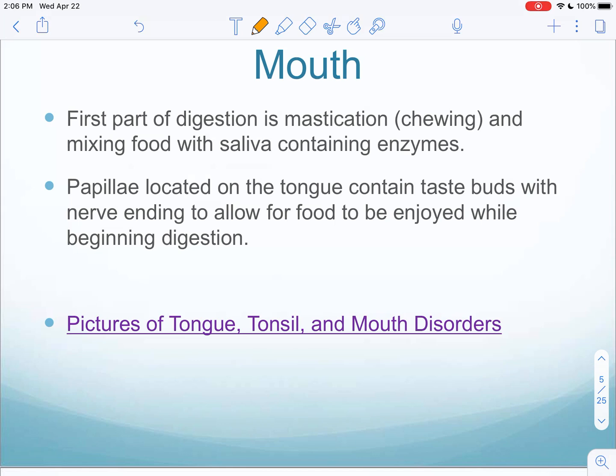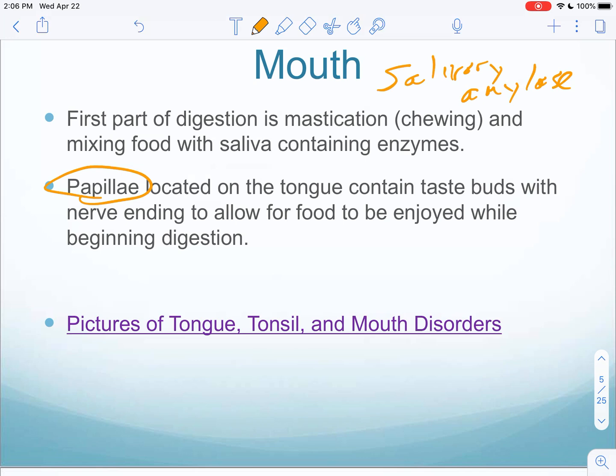It's called salivary amylase. Here, I can write that on here. I know it's on one of the other slides. Oops. You guys know my handwriting's terrible. So salivary amylase is the enzyme that's going to help break down carbohydrates in your mouth. The papillae,